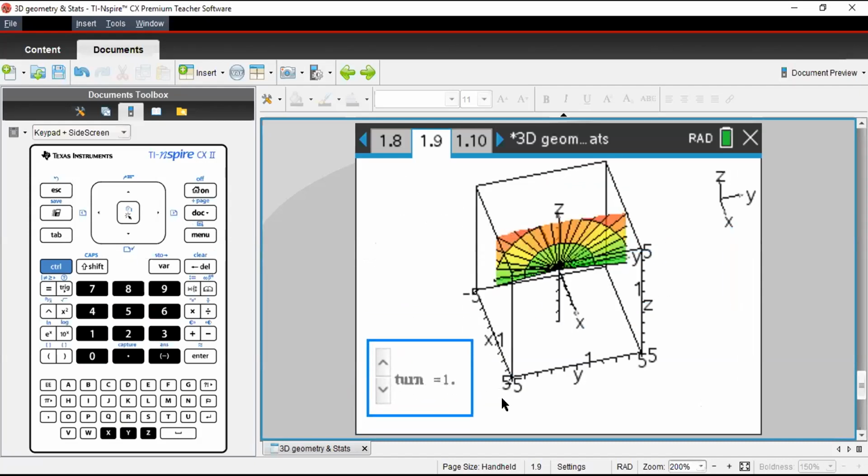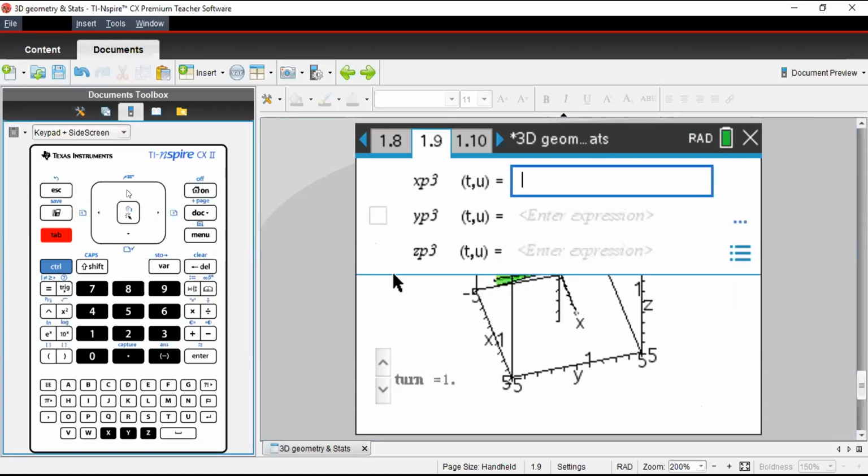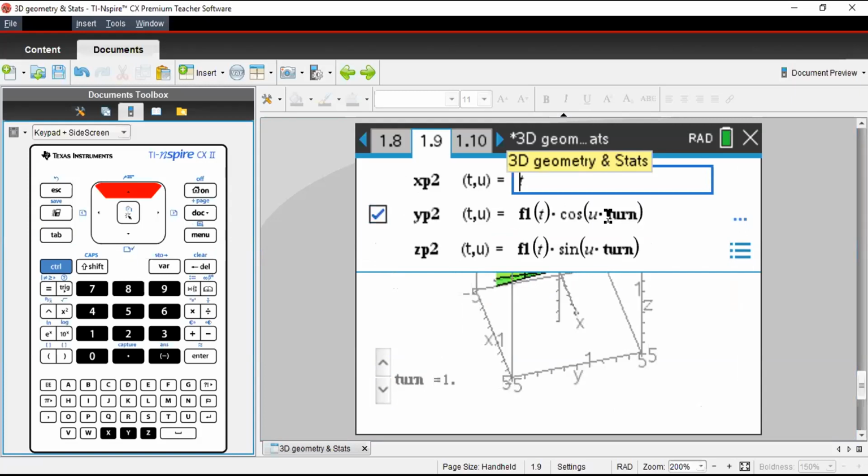So this is what I created, the slider. So whenever I am moving the slider, it automatically moves. Now, how did I connect my slider to the model? I will again go back to my parametric equation, and instead of just defining cos u, I define it as cos u into turn. That means that many rotations it will take. Similarly, sin u into turn, the slider name.